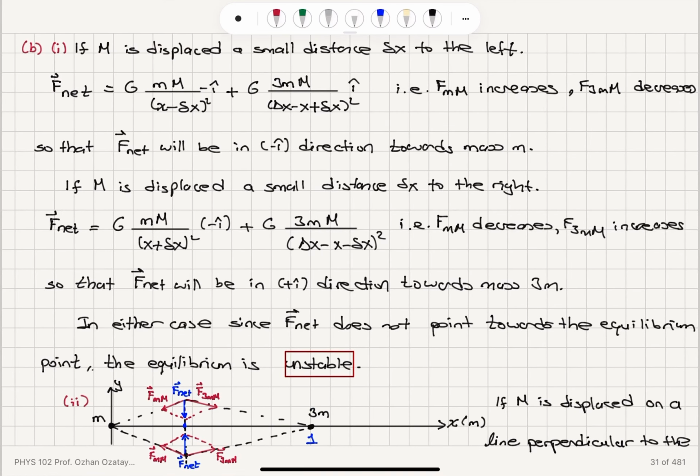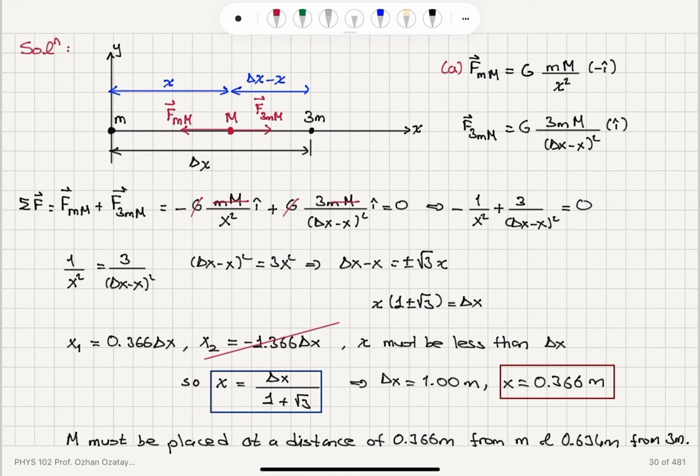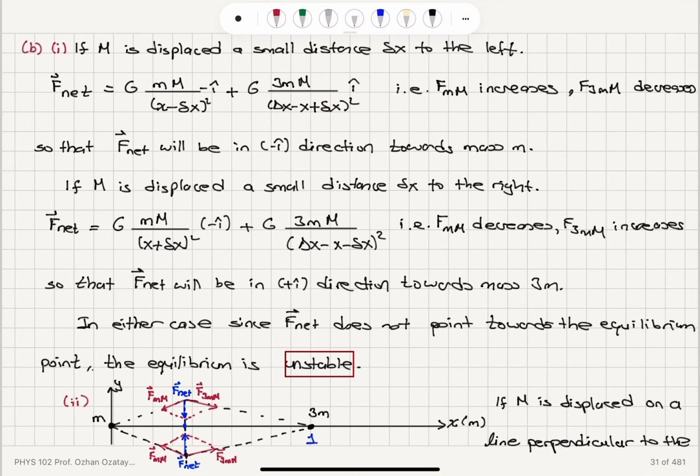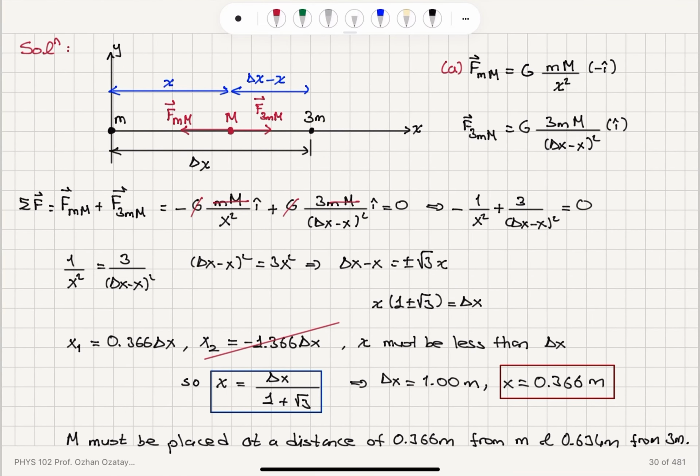Now, is this equilibrium stable? How do I find out? I displace it by a small amount to the right or to the left. If I displace it by a small amount delta x to the left, that will decrease the distance between m and capital M. Therefore, the magnitude of this force will increase. So it will be attracted more towards m. And at the same time, because this will be increasing the distance from delta x minus x to delta x minus x plus delta x, as you can see here, this force will decrease, this force increases, so it will start moving